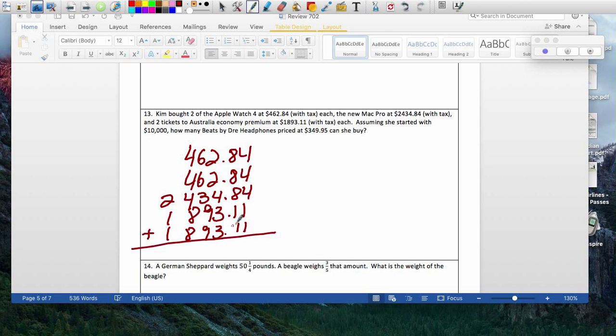We're going to add all that up to see what her expenses are, and then let's see if she has any leftover money, which she can then use to buy the Beats by Dre, right? So